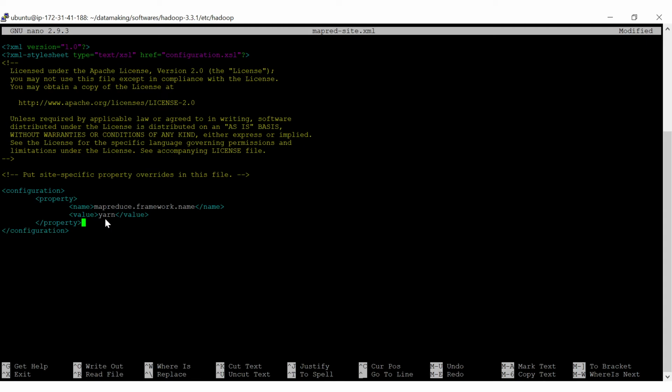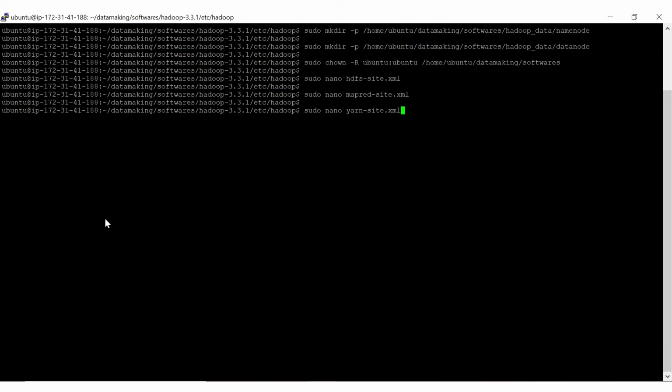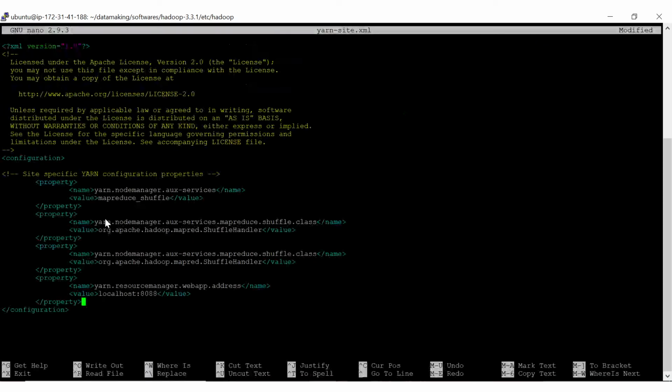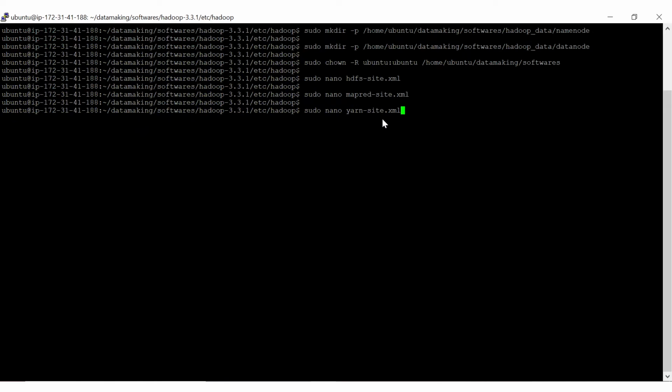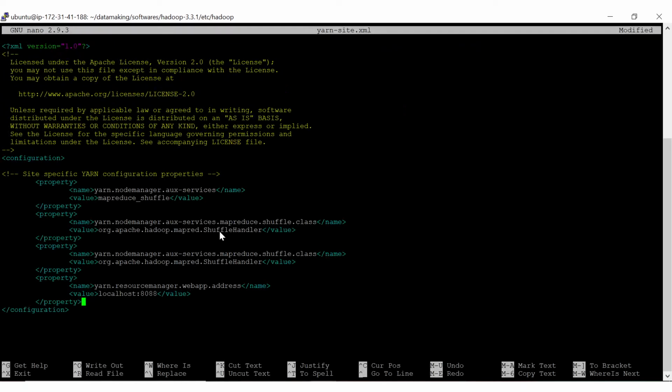Once you specify this, the last step for the configuration changes is yarn-site.xml, which specifies information like the YARN node manager auxiliary services, which is mapreduce_shuffle, and the shuffle class for that.